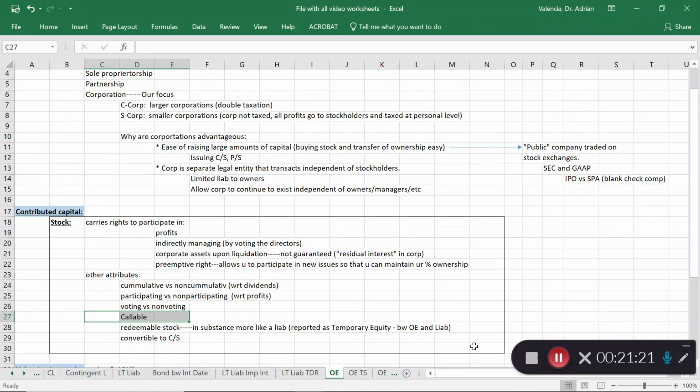If it's a redeemable stock, the stockholder can actually redeem the stock at any time. In other words, get their money. So one is the corporation can call it, in other words, they can buy it back from the stockholders. And the other side of it is the stockholder instead could choose to redeem the stock and get their money back from the corporation. In other words, they can choose to sell it back to the corporation.